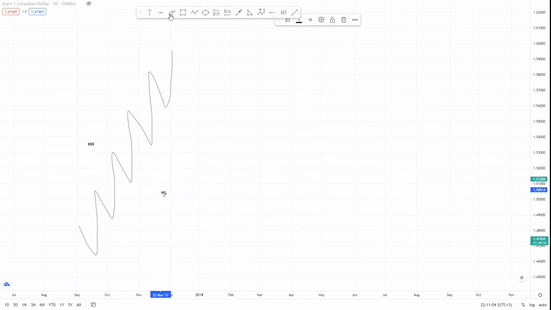Higher high comes from the name, right? Then a higher low means it's going up but it's below the higher high. So the higher lows and the higher highs. Okay, anyways,